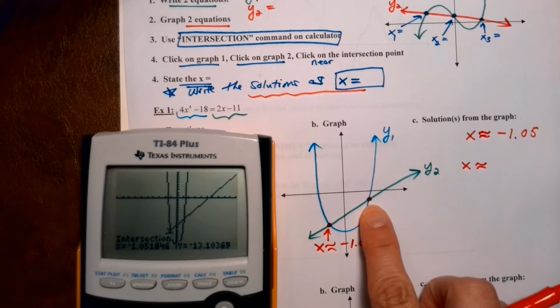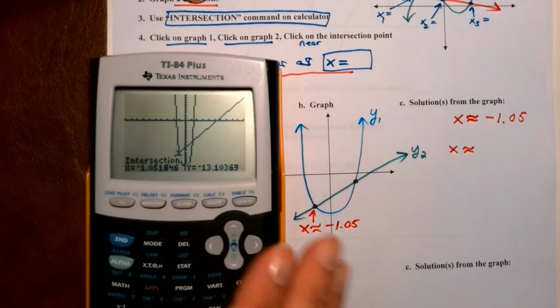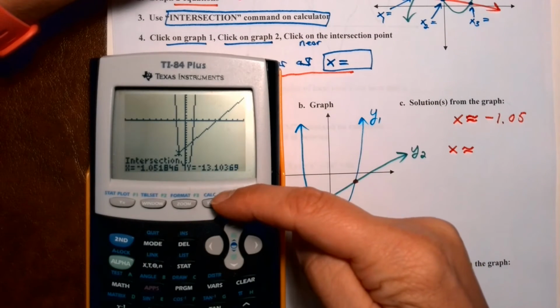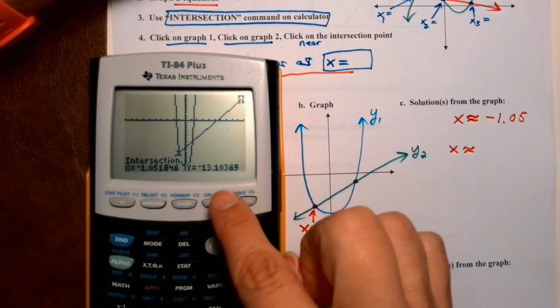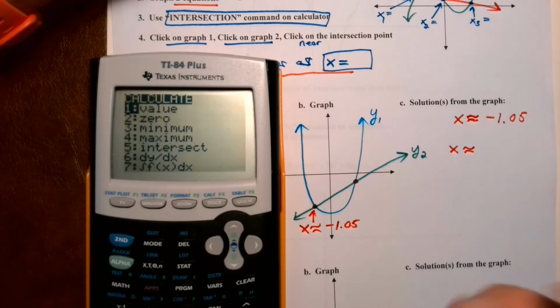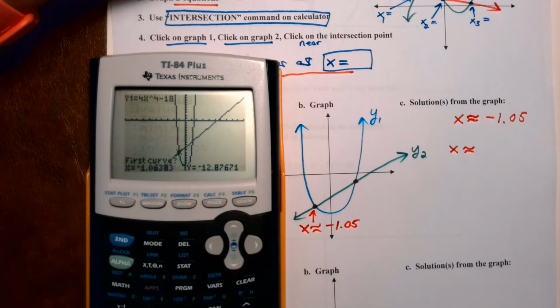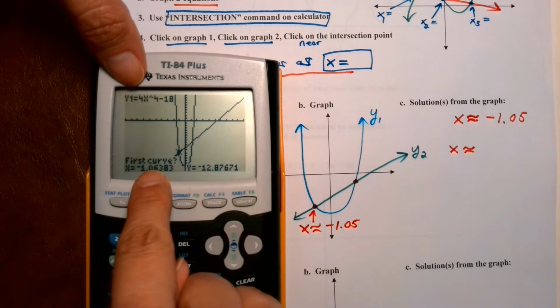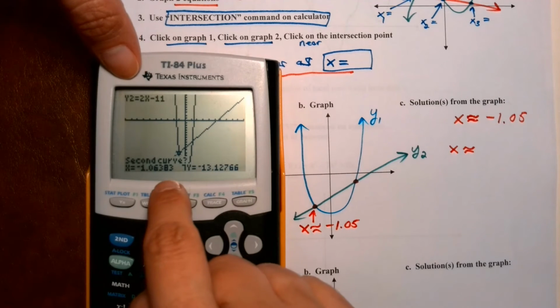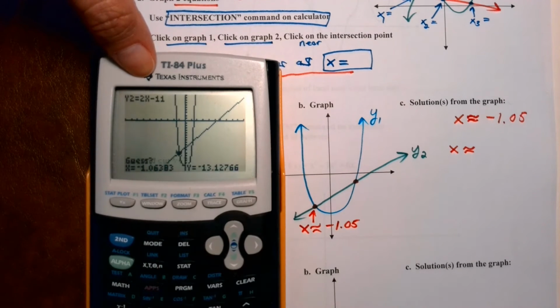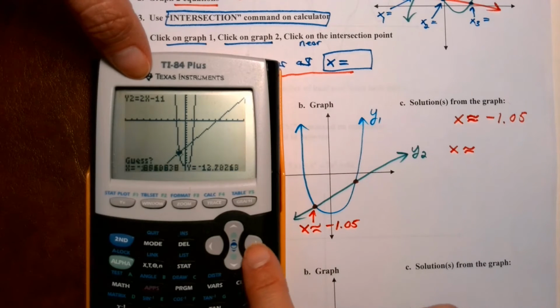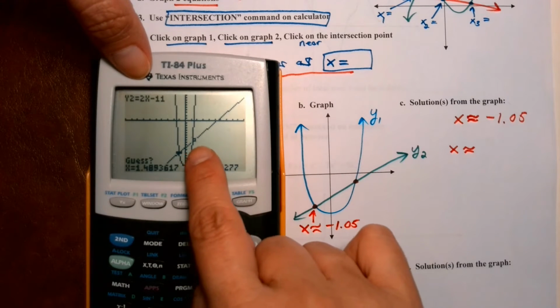Let's go try and find that other solution, okay? So you've got to start all over again. You've got to get to your commands. So go to calculate, second, trace. We're going to calculate intersect, number 5. Okay, first curve, enter. Second curve, enter. Okay, and now I have to arrow over to that point,